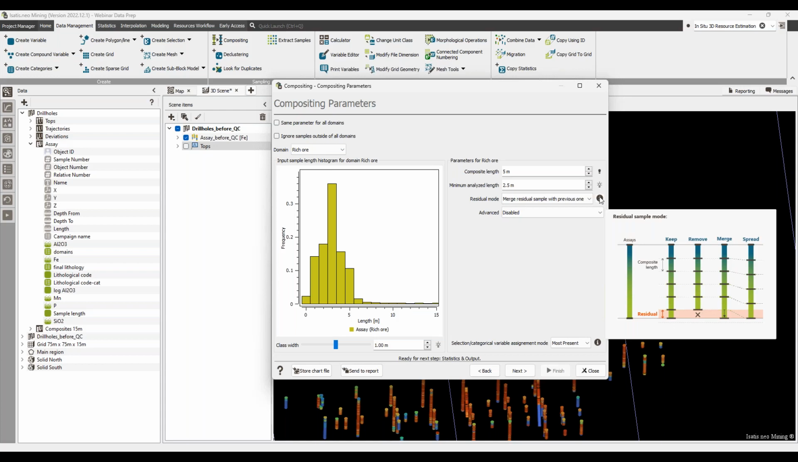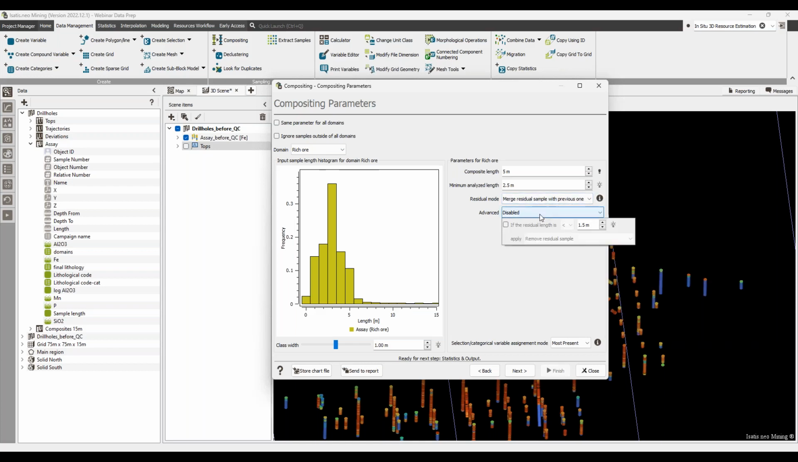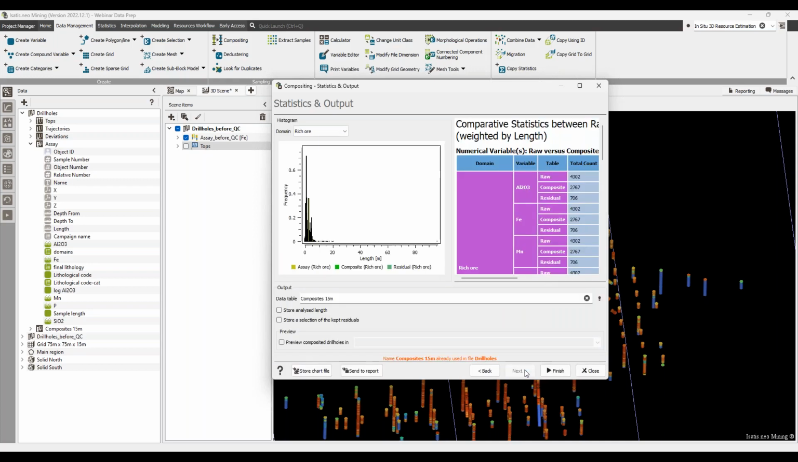You might have only a couple of meters left in that domain before you hit a boundary. That's also a residual for these purposes. So there's various options there, simple ones and more advanced ones, depending on how long the residual is. I'll just leave it at merge residual. On the next page,